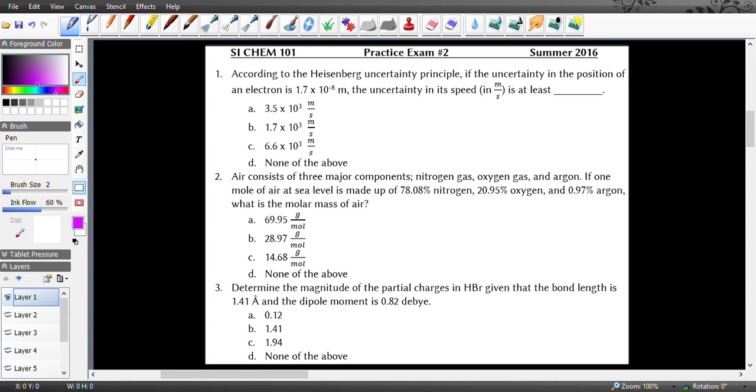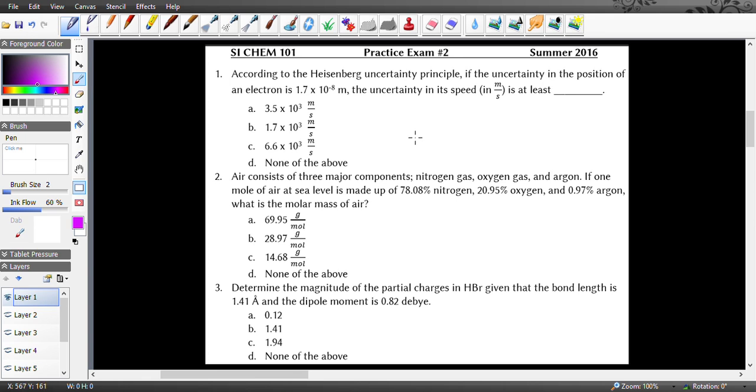Alright guys, here we go. I'm just going to do as many videos as I possibly can explaining how to do all these. I'll go through the whole test that I made. So for number 1, this is actually a question that was on quiz number 3, except you were solving